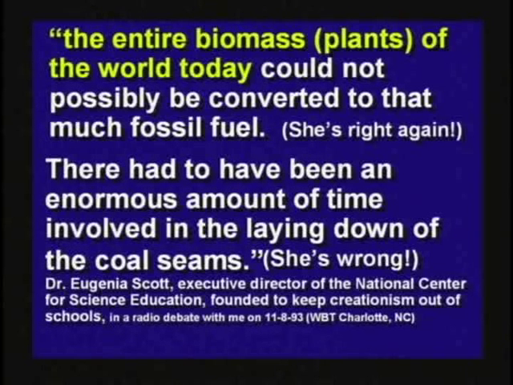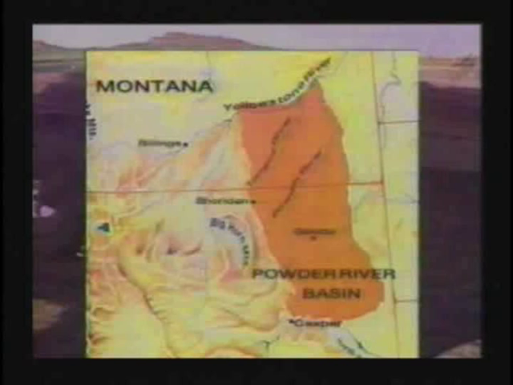There were big log mats floating around during the flood. They would drift back and forth with the tides and the wind, and they would leave behind debris trails separated by sediments, and then debris trails of logs and wood and bark. And you can get 80 layers of coal in one flood. There's a coal mine in Montana. The coal is 200 feet thick and covering 10,000